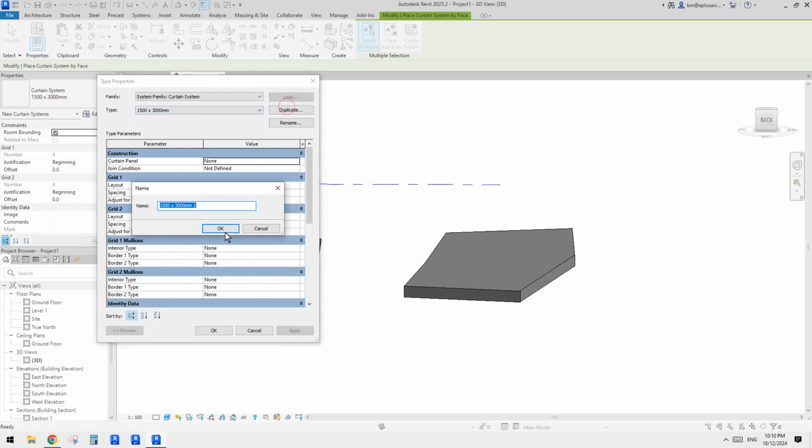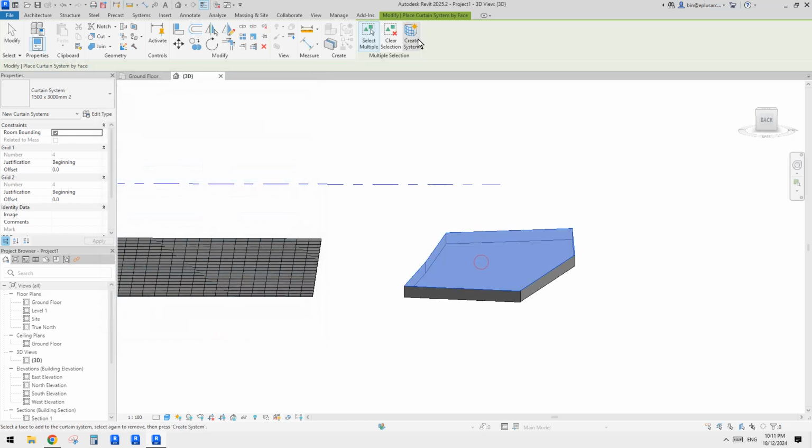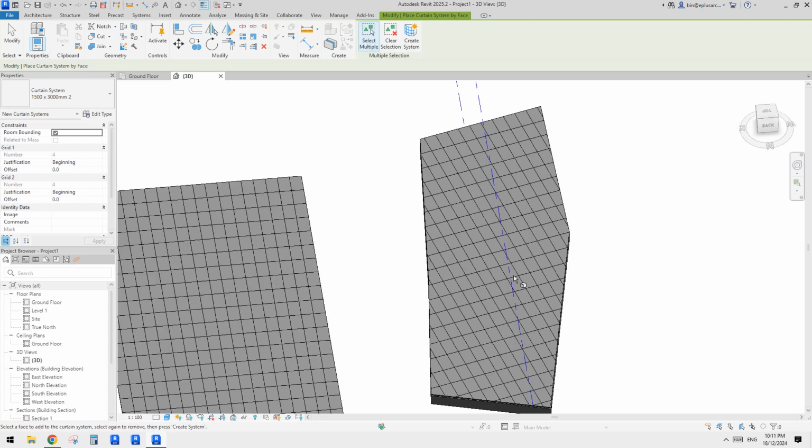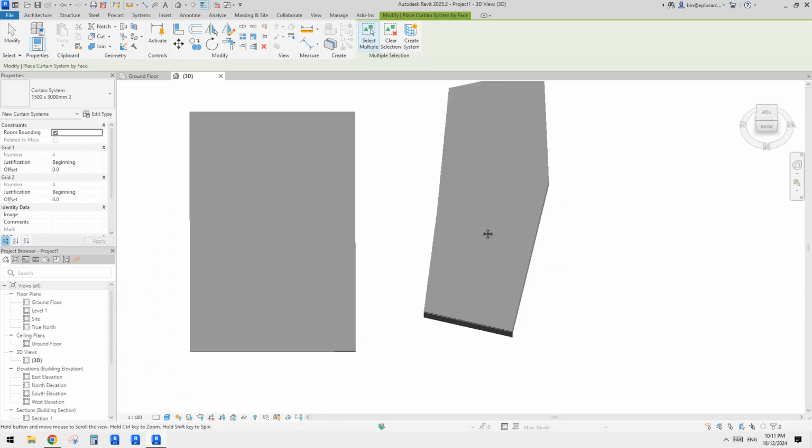So maybe I'll just duplicate it and change this one to fixed distance. That's 300, fixed distance 500. And then okay, and then pick this surface, create a system. So you see it will be similar. However,